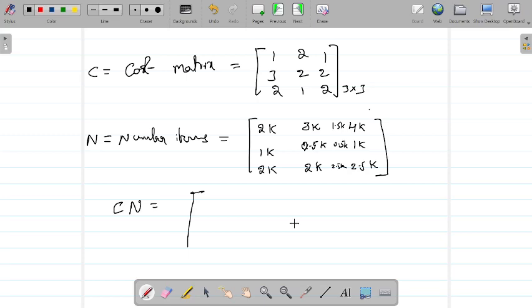Here you can see that each row represents the material, whereas this column represents the plant W, this column represents the plant X, this column represents the plant Y, and this represents the plant Z. Now this represents the labor, whereas next is overheads. So if you take an element here, this represents the cost of labor that we are spending on plant Y, and if you take an element here, the cost of overheads that we are spending on plant Z. So this is what this matrix tells us.